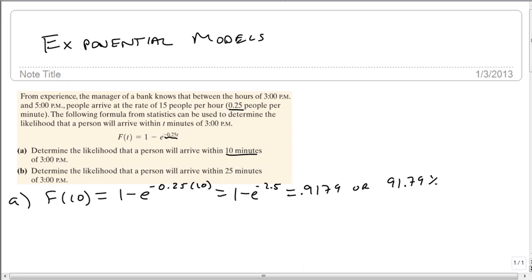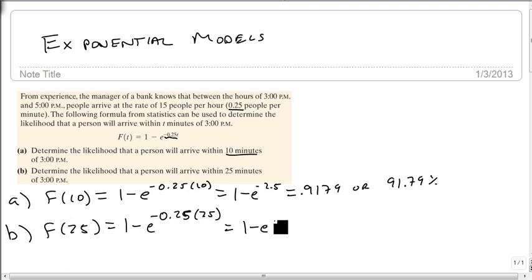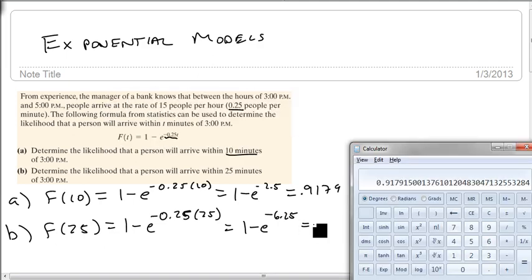And so I can use that to schedule people and to afford breaks if I know that I've got enough people to handle there being a person in the first 10 minutes. What about the chances that someone will show up in the first 25? So again, for B, we're going to plug in 25 instead. And so that's going to be 1 minus e to the minus 6.25, which we go back to our calculator for,